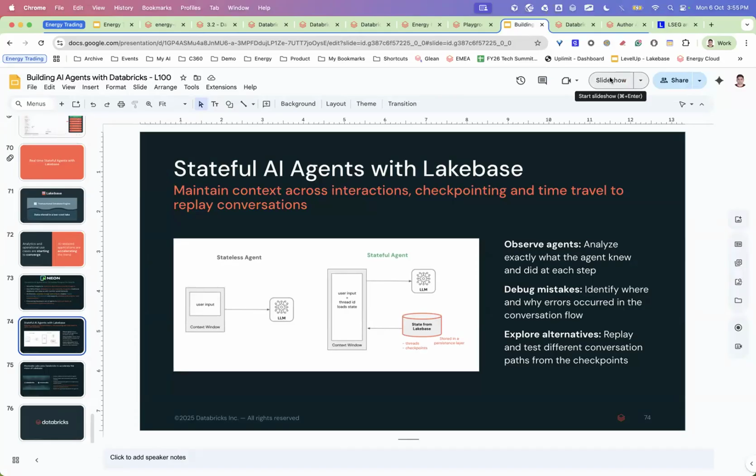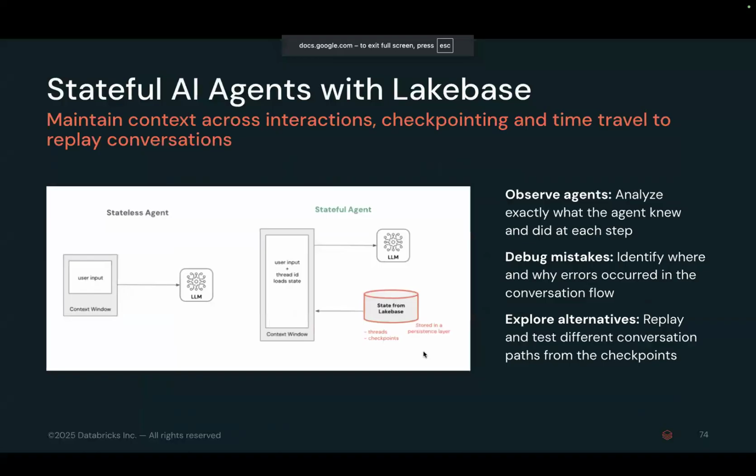Can you see my screen now? Yes. Okay. So we announced this last week. One thing we've done is Lakebase, which is the transactional database, OLTP, which is open source Postgres, and it can be used as a mechanism to store the state of the AI agents, right? If you remember, Lakebase is low latency data serving, under like 10